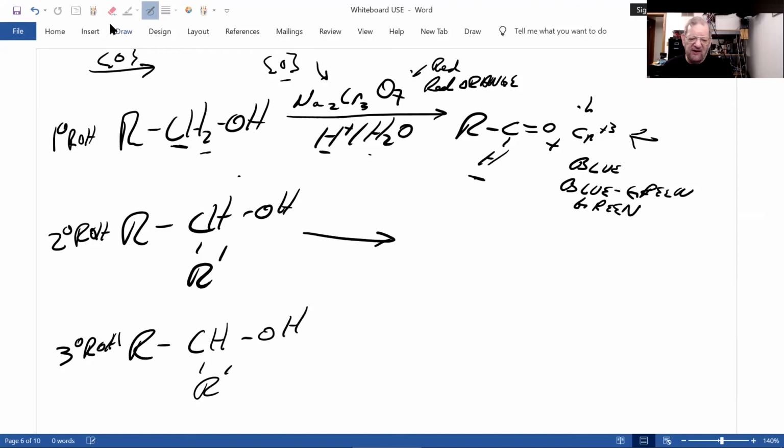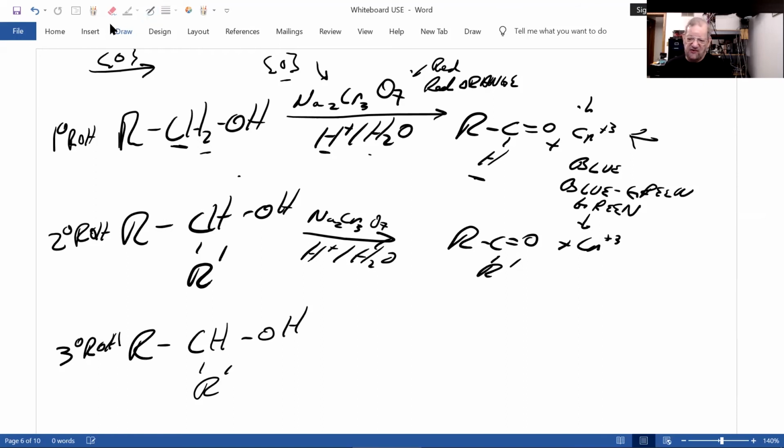Now, if you take a secondary alcohol, this oxidizes to a ketone, plus you get the same reduction of the chromium, sodium dichromate to chromium +3, so you'll see that same color change. But if you take a tertiary, which I drew wrong,